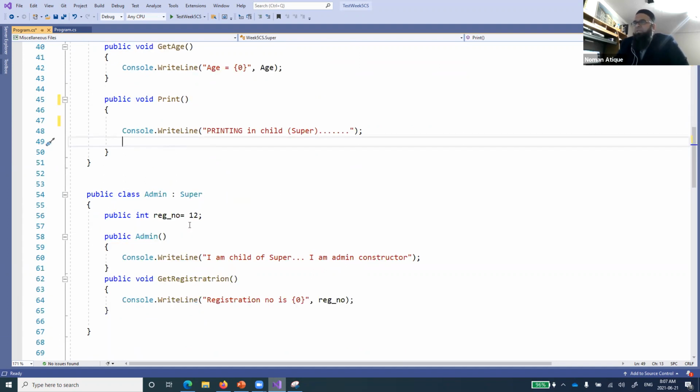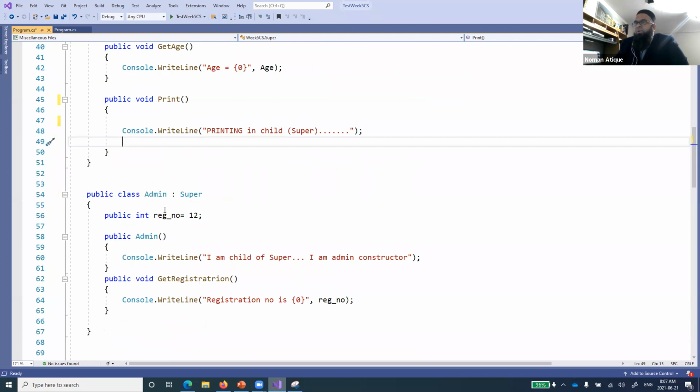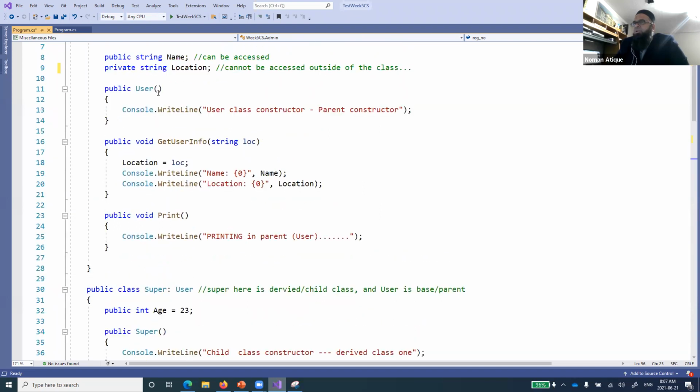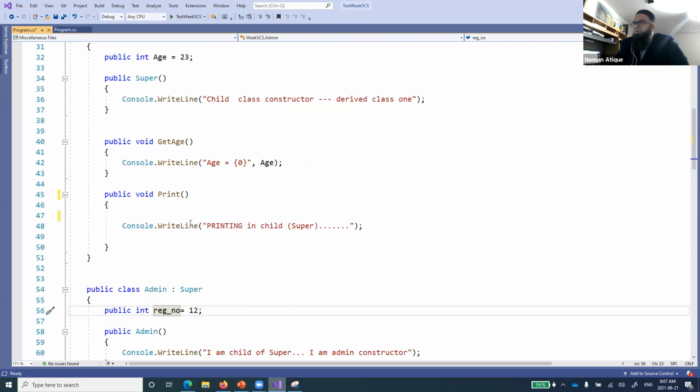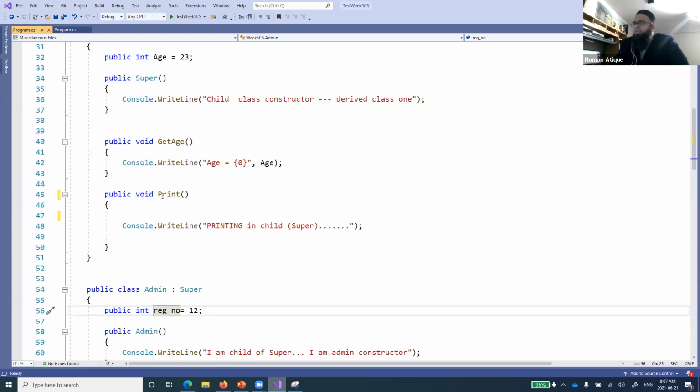So if I have just defined this void print over here, and I've just taken out the new, and I'll tell you why I've taken that out. If you see here, it means that the print function is also in the parent, and it is also there in our child class, in this child class, this print.